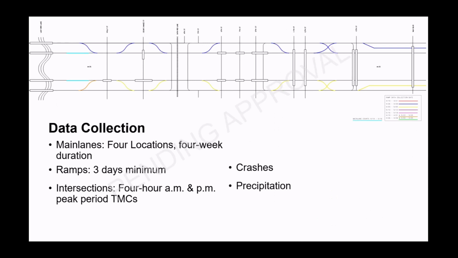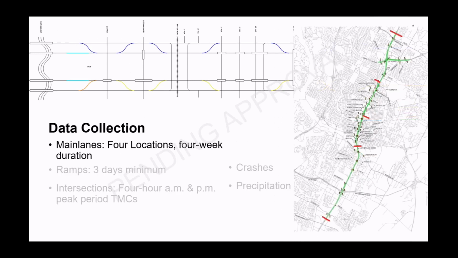Going through the data collection, we collected data in April and May of this year, after discussions with FHWA and TxDOT, to determine how long a time period we needed. Usually the guidance in the toolbox recommends a year, but based on the project, we do not have detectors on each of the ramps for data collection. We can still use INRIX and crash reports and whatnot, but we decided on 28 days for April and May of this year,